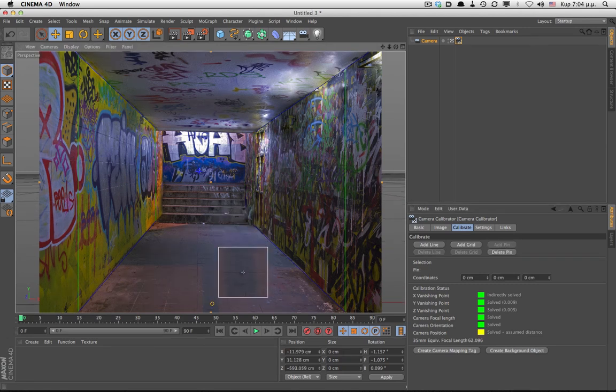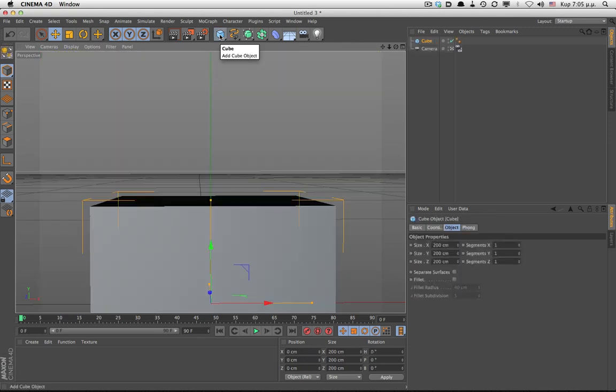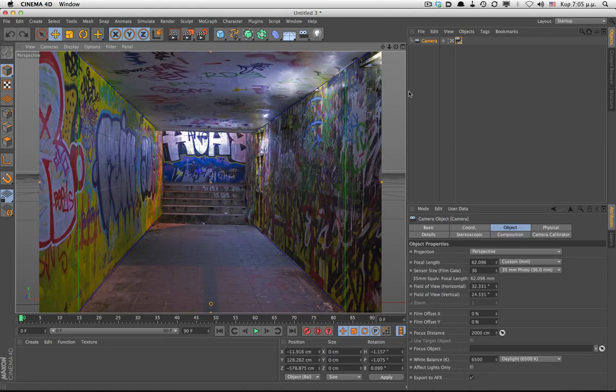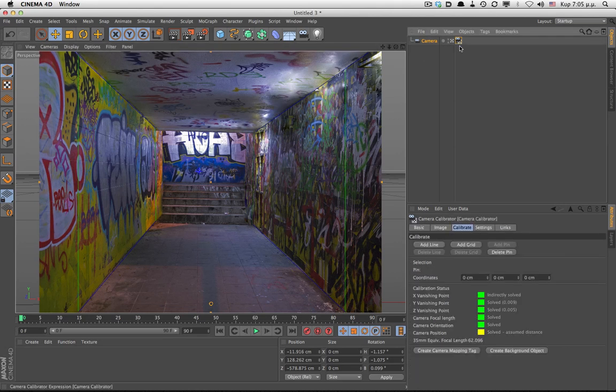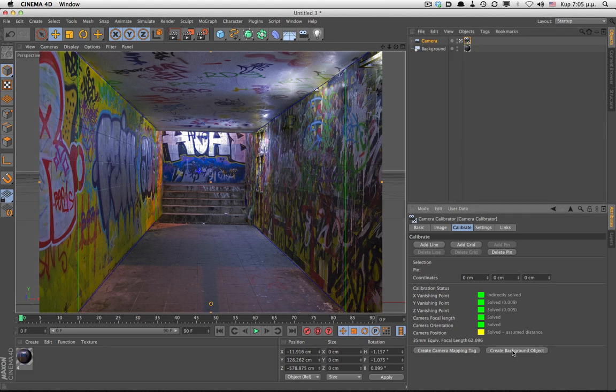Let's quickly test out if any object looks good on the photograph. If you add a cube straight away, you will see everything vanishing. That is because the image we're using was just a helper for the camera match. In order to see the picture in our scene, we need to press this button here, which automatically creates a background object and assigns a material to it.